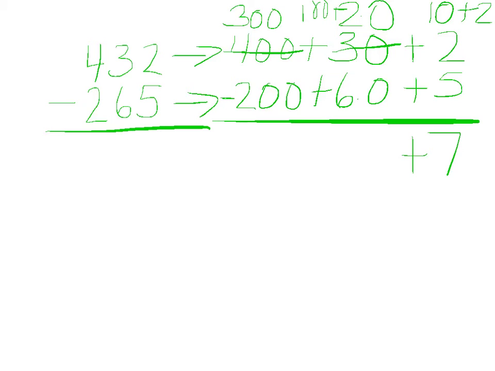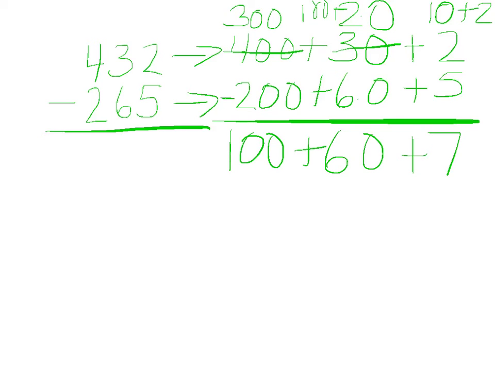So we have 120, and we're going to take away 60. When we do that, we will have 60 left. We now have 300, take away 200, we have 100. So our answer is